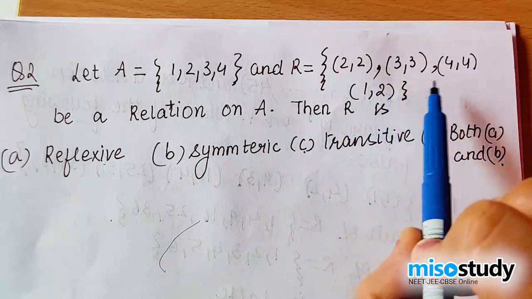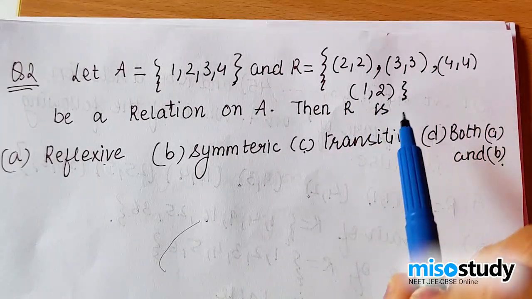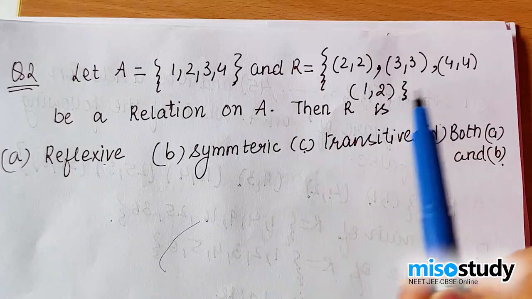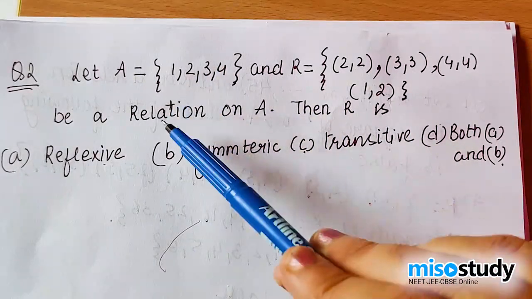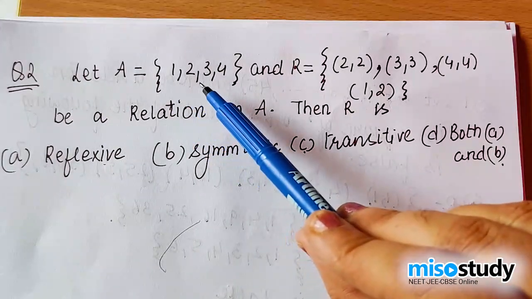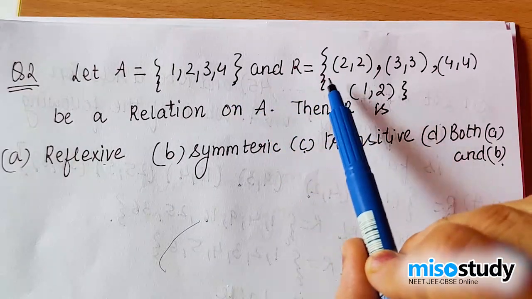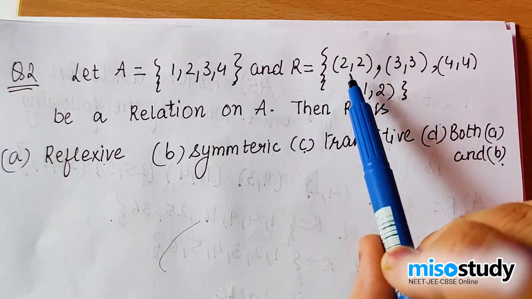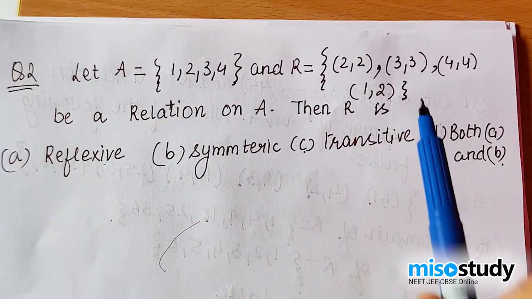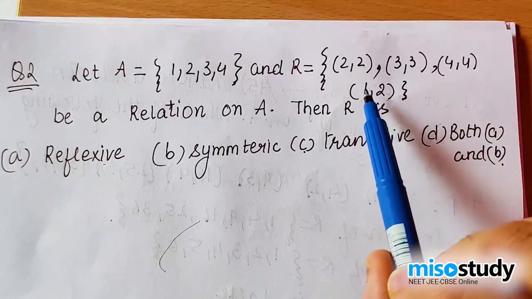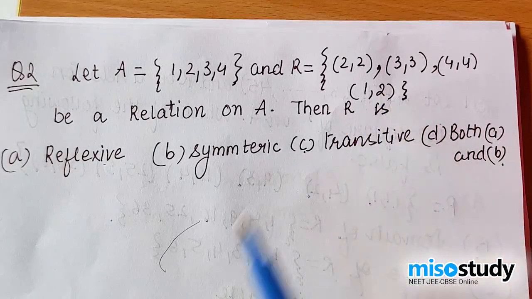Certainly you don't have it, so it's not. You have (2, 2), (3, 3), (4, 4). What is the definition of reflexive? A should be linked to A for all A belonging to this set, that is capital A. Since all the elements belonging to the set A are 1, 2, 3, 4, you must have (1, 1), (2, 2), (3, 3), (4, 4) in this R, but you don't have it. So therefore it is certainly not reflexive. Talking about symmetric, if you have (a, b), you must have (b, a). So (1, 2) is there, but (2, 1) is not there. Hence, this is not symmetric.